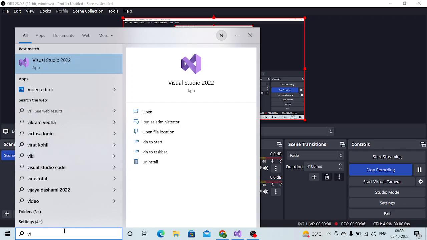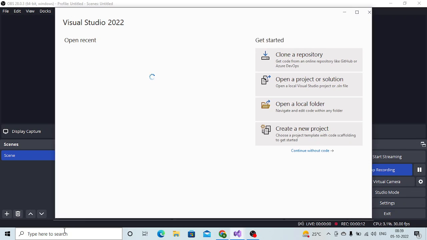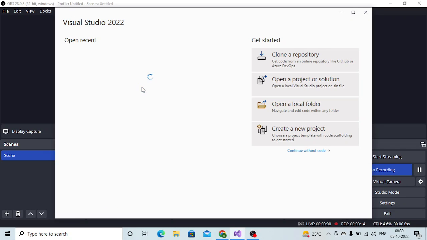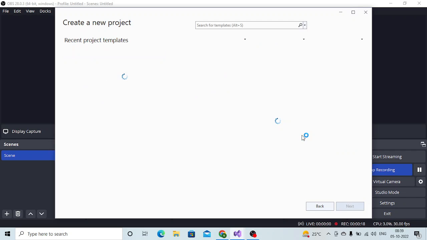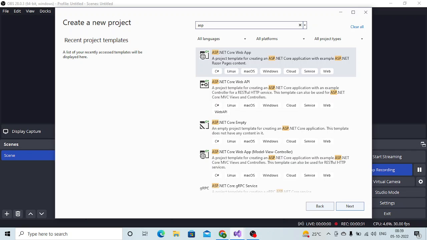Let's create a project. Let's open Visual Studio 2022, and let's click on create a new project. Now we'll create an ASP.NET Core project. So select ASP.NET Core web application